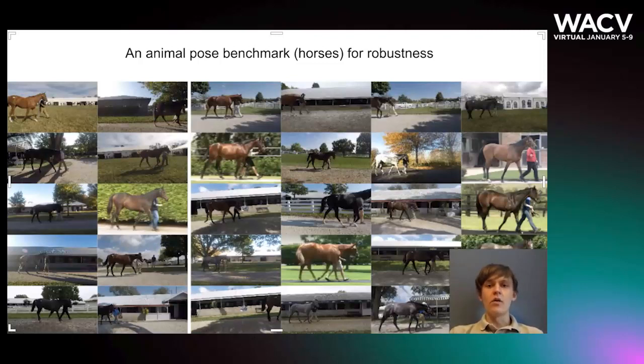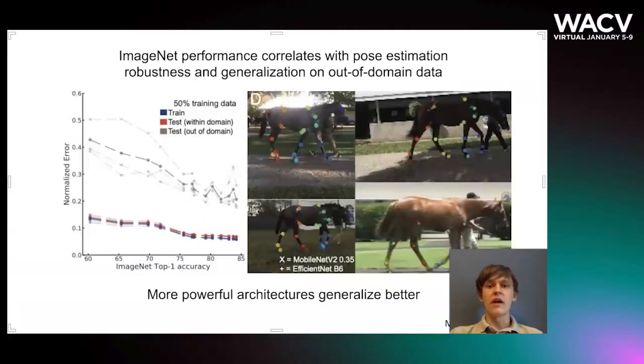For our paper, we focused in on a few different techniques that can be used to improve robustness on Horse 10. We first evaluated the importance of model architecture. Using DeepLabCut, a common pose estimation algorithm available online, we incorporated different model backbones into the convolutional architecture. Our core finding is that if you use model backbones that perform better on ImageNet, not only will you perform better on within-domain data for Horse 10, you'll perform much better on out-of-domain data for Horse 10.